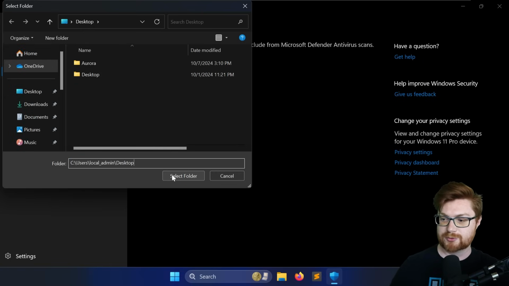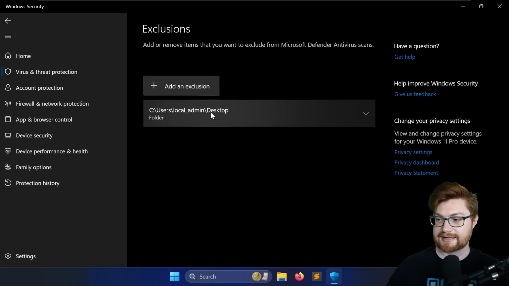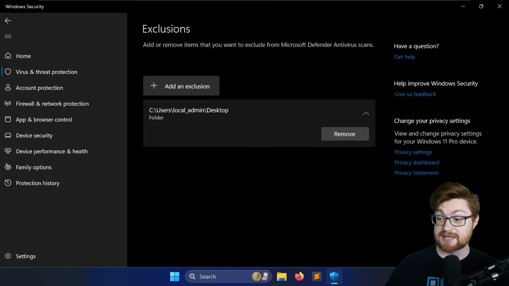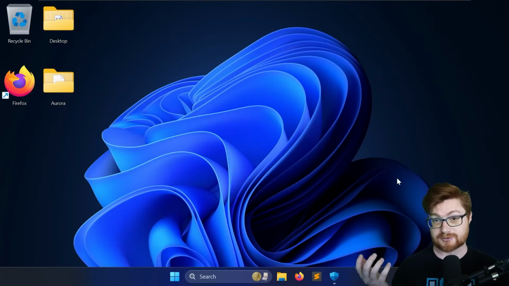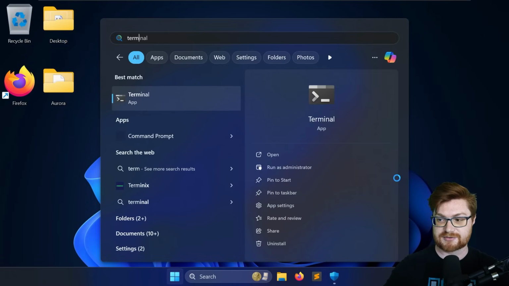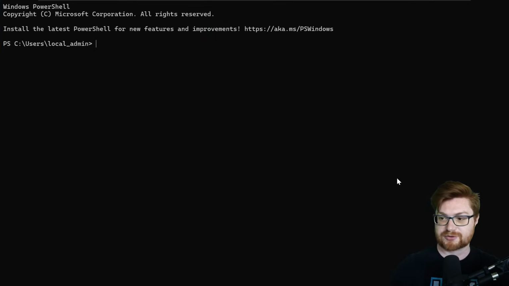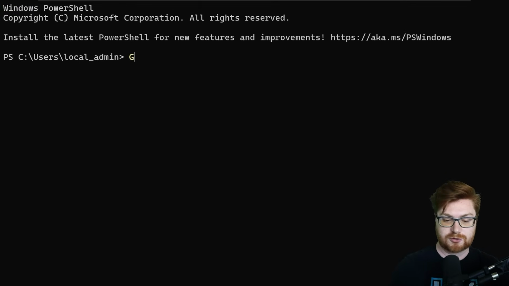So for the moment, that username is called local admin, but please take that with a grain of salt. Let's enter that, now it is added, but the thing is, you wouldn't normally be able to see that in just a regular prompt, a regular medium integrity process. Let me open up PowerShell, right? I'll open up the terminal, and let's say I wanted to get MP preference, and that will give me all